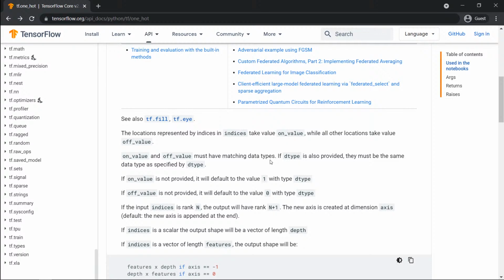If the input indices is rank n, the output will have rank n plus 1. If indices is a scalar, the output shape